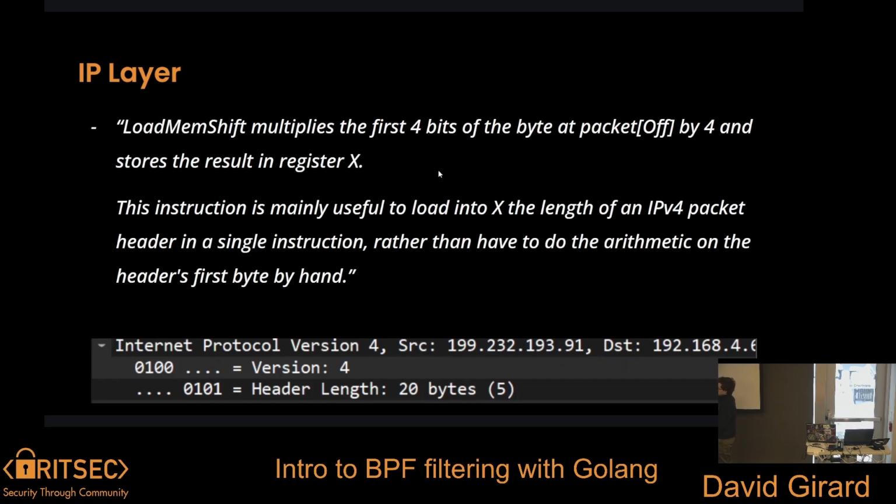The first 4 bits correlate to the version, and the trailing 4 bits correlate to the header length. Load memshift allows you to load in the 1 byte from the IP layer, and it'll just calculate the header length in bytes from there. And that's really helpful because the end goal of this filtering is we want to find the start of the